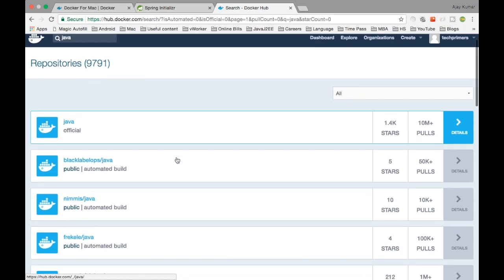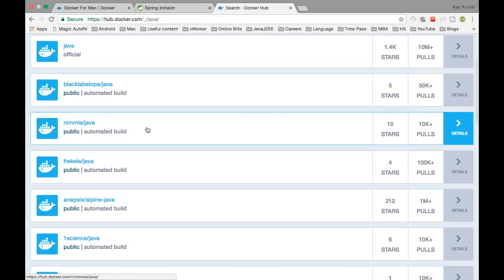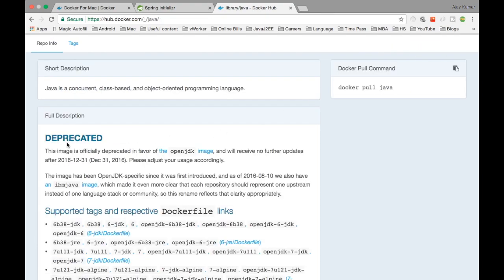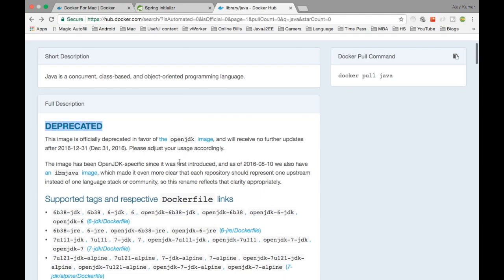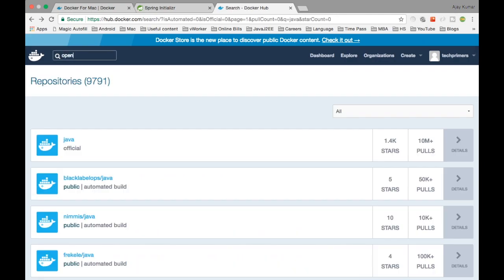Here, if you see, Java is there. If you notice, Java is deprecated right now because they have created something called OpenJDK. It is mentioned here as deprecated. So there is something called OpenJDK, and I'm going to use that. So if I say OpenJDK,